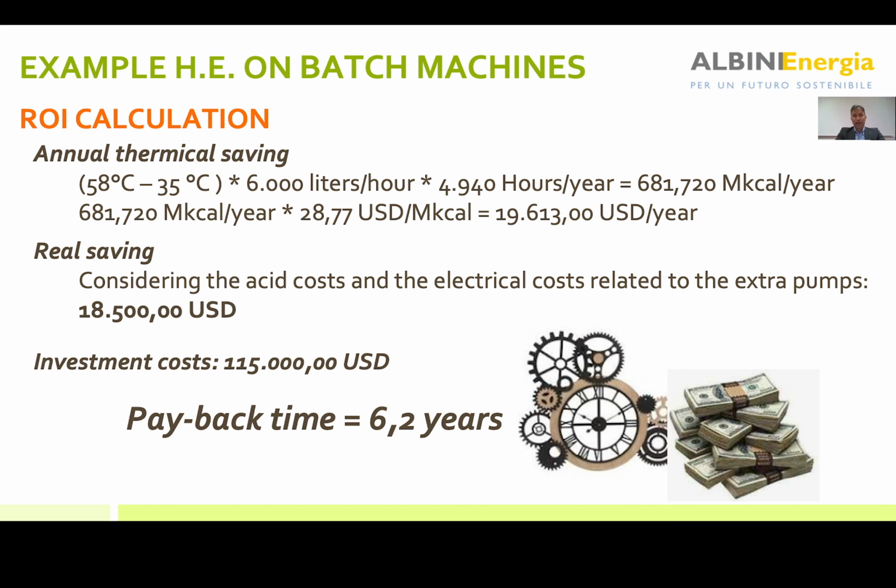This is an example of what you can do with a batch machine, which is normally more costly if you compare it with a continuous machine, because of course you need to prepare some infrastructure with all the collection tanks that I showed you before. Of course, when you go to a continuous machine, the investment cost drops, and normally the payback time drops as well because the infrastructure is not necessary anymore.